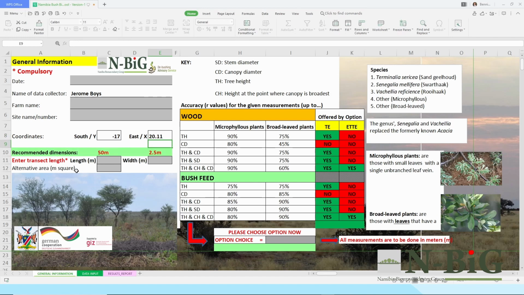The sample area is also compulsory. You can choose whether you use a belt transect, which is a length and a width, or an alternative area, like for example collecting data in a circle and so on. If you enter the transect, the required ones, and you also enter the alternative, then it gives you an error, so you only have to use one or the other. So in this case, let's use the alternative area, and let's say we collected data in a 200 square meter